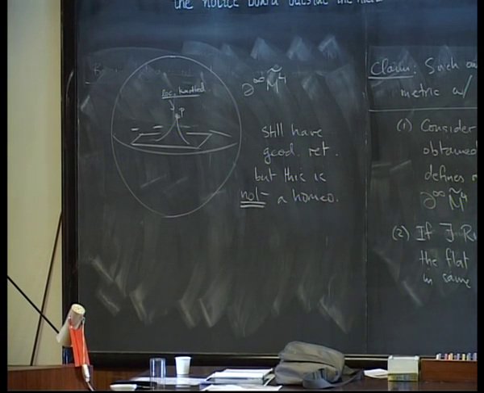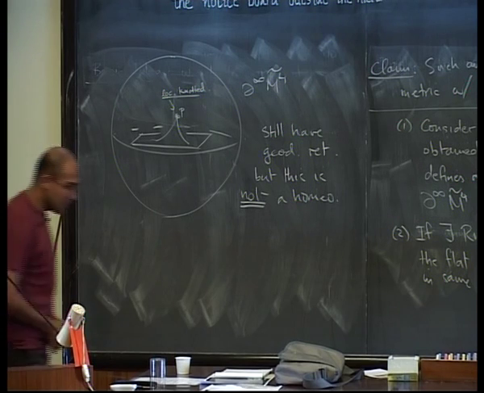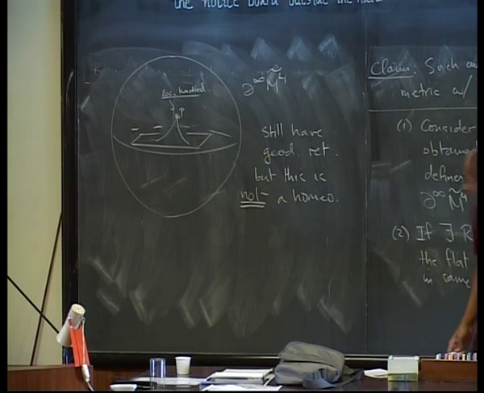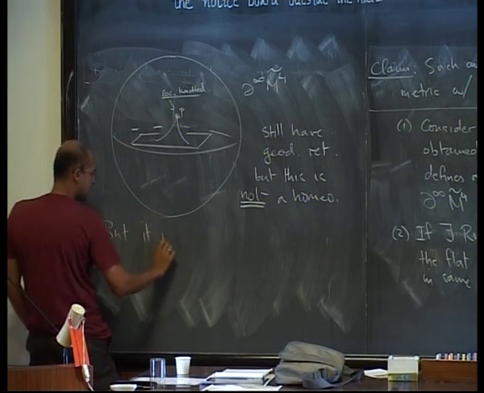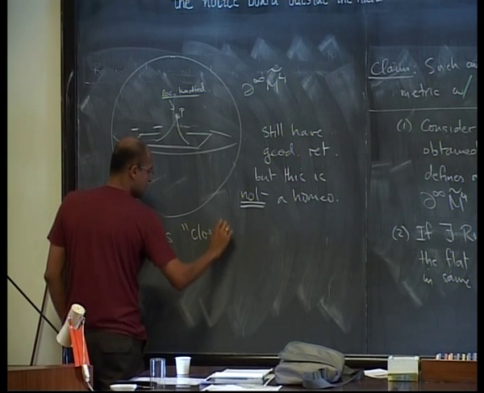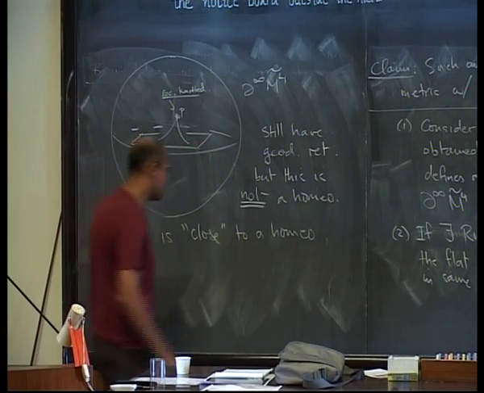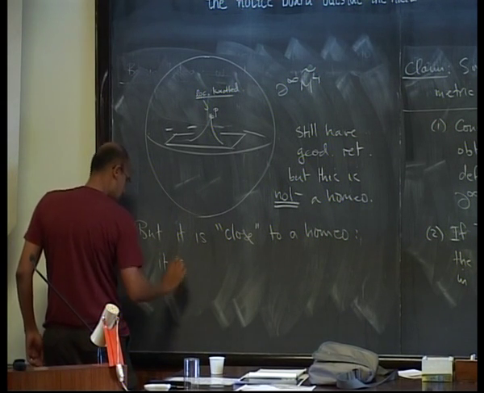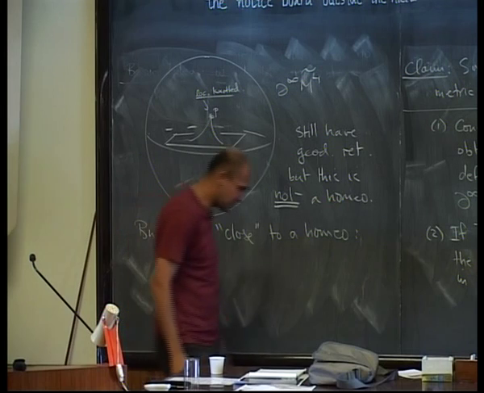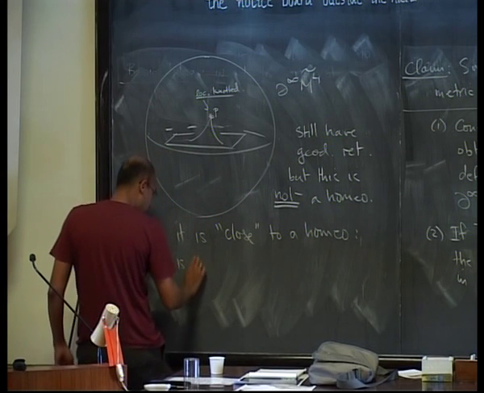Nevertheless, if you knew it was a homeomorphism, you'd be done, right? Because here the local picture is knotted, so that would tell you the global picture is knotted. But it's not a homeomorphism. On the other hand, it's not too far from a homeomorphism. There are various statements I could put here. Let me say it is a near homeomorphism.